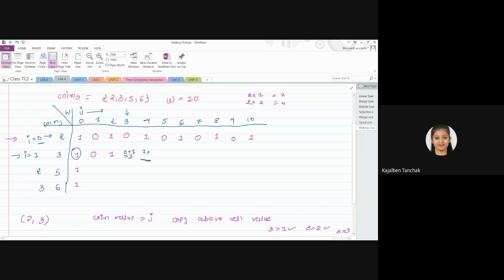Go to column number 1. What is the value in the same row, column number 1? The answer is 0. 1 plus 0, total 1. Now fill here: copy the above cell value, that is 0. 5 minus 3, go to column 2. The answer is 1. 0 plus 1 equals 1. Copy the above cell value 1. 6 minus 3, go to column 3. The answer is 1.